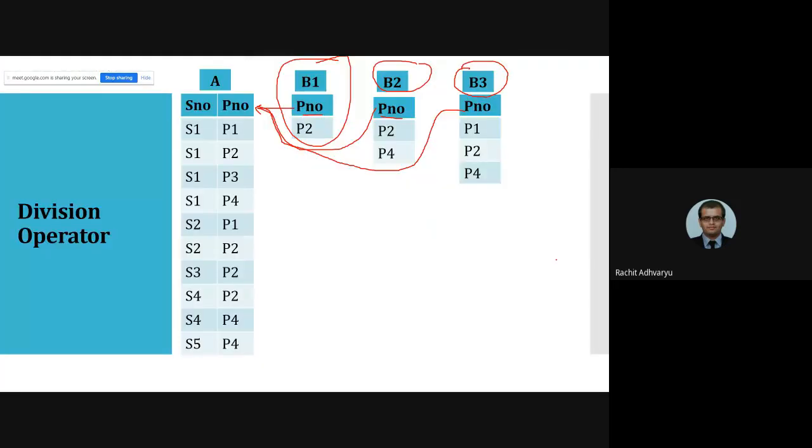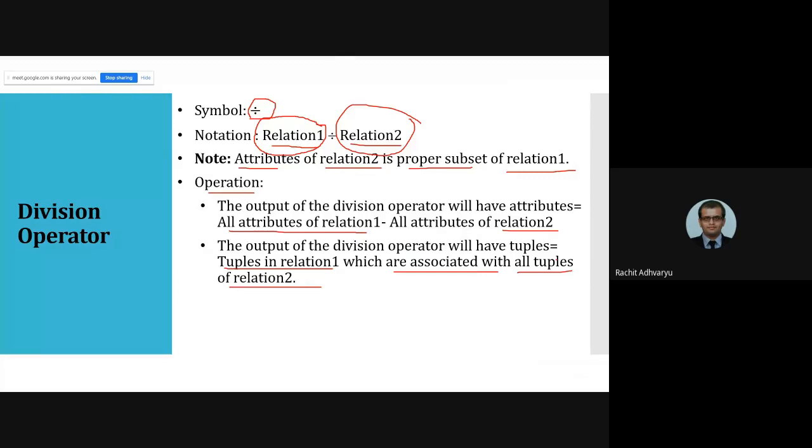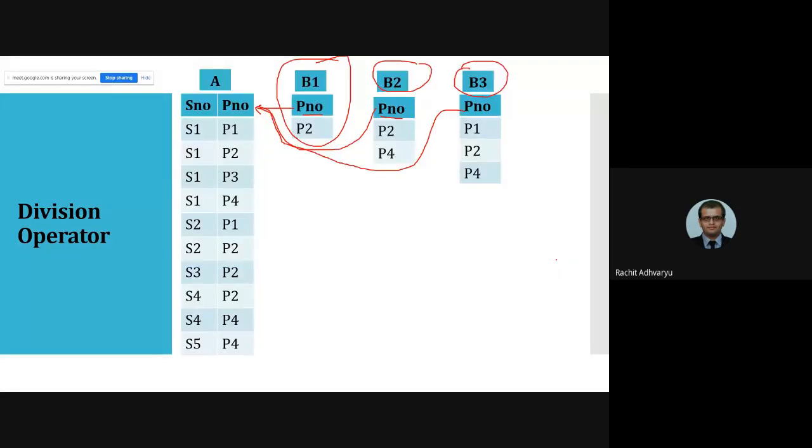I will just repeat one more time. For division, what we will see is that the divider, the denominator part, should be available in the numerator part. So here B1 will be your denominator and A will be your numerator. So the denominator is already available in the numerator. Yes. Here again, yes. Here again, yes. So we can divide them. And the numerator is also having one more column. So that is why this is called the superclass or super table or universal table. And these can be called the child tables, the subset tables.